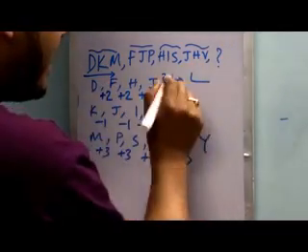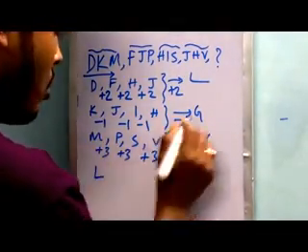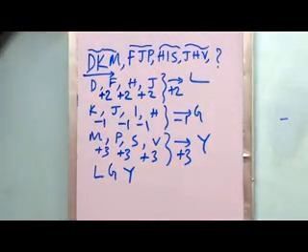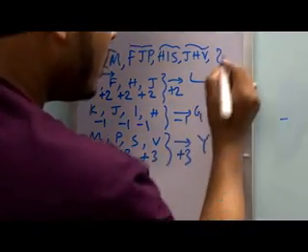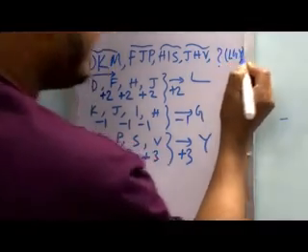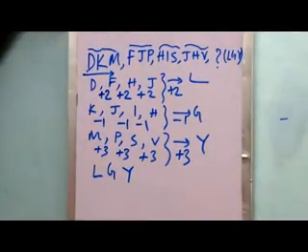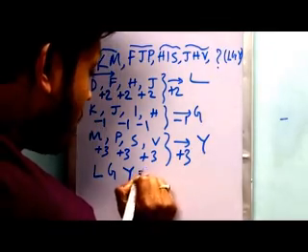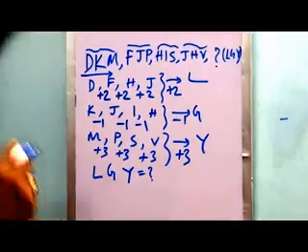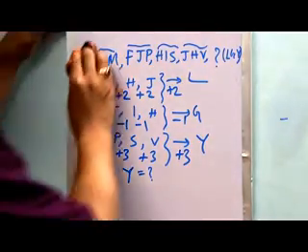So what we actually get here: from the first row we get the letter L, from the second row we get the letter G, and from the third row we get the letter Y. If we put L, G and Y here, then obviously the letter series will be completed. So the question mark equals LGY. That's the logic. Now the next one is coming.